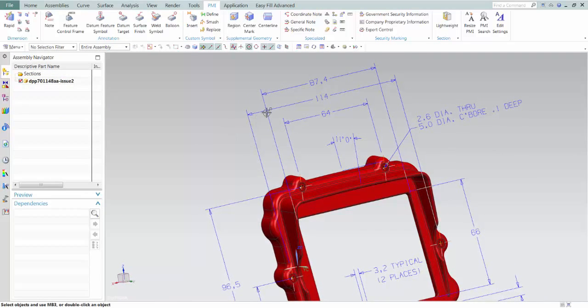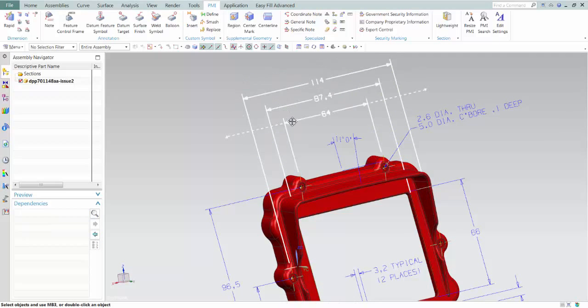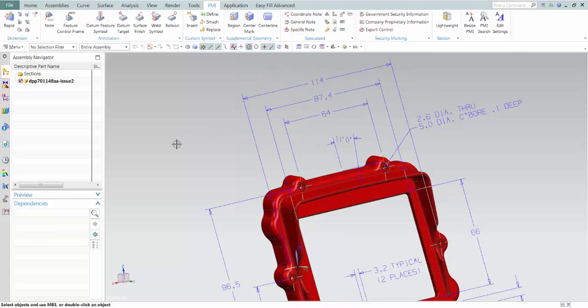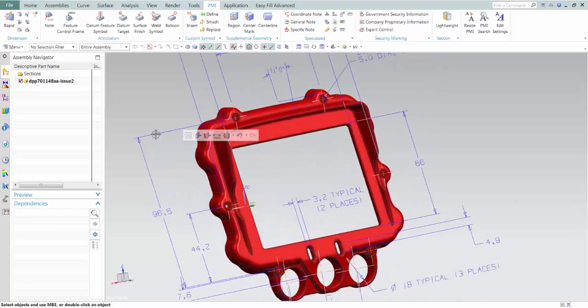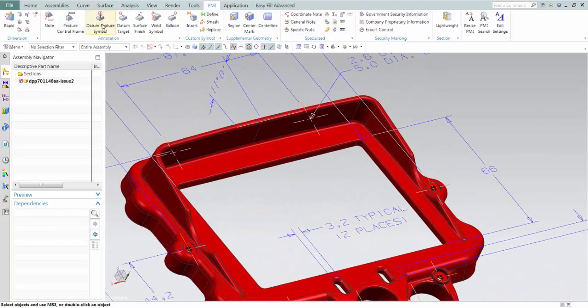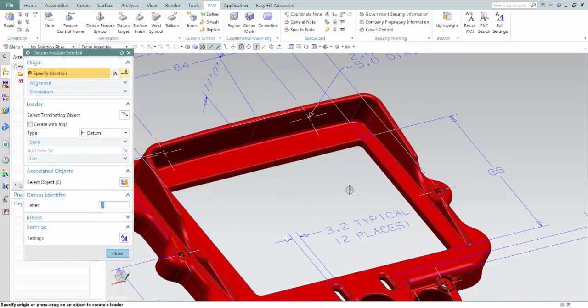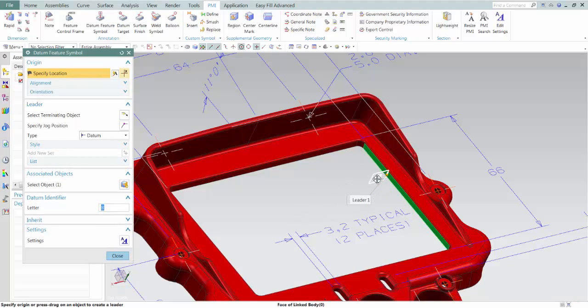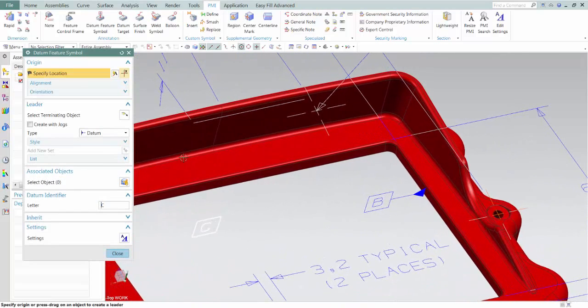Well, you notice the orientation of these maybe aren't quite what I want. Notice how you can just drag these around to any position that you need here, and then even move multiple dimensions simultaneously if you want. So very simple tools to accomplish that. I may also want to put feature control frame information out here and datum symbols and things of that sort. So I'm just going to go out and place a datum B out here on this,